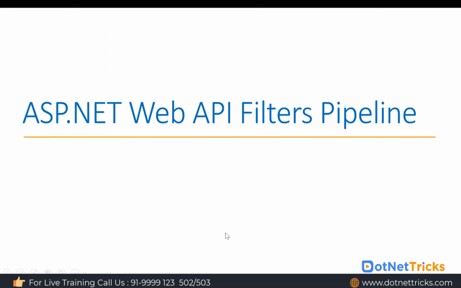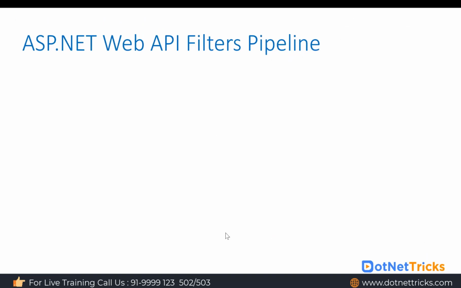ASP.NET Web API filters pipeline. Let's understand in which order the filters in ASP.NET Web API are going to be executed. There is a pipeline you should understand for this purpose. When the request comes in, the first filter executed is the authentication filter. In the authentication filter, you write the logic to check the user authenticity. If the user is authenticated, it processes the request further.